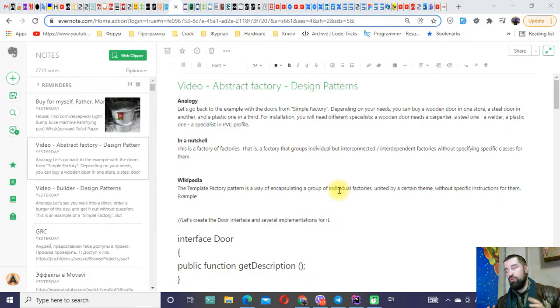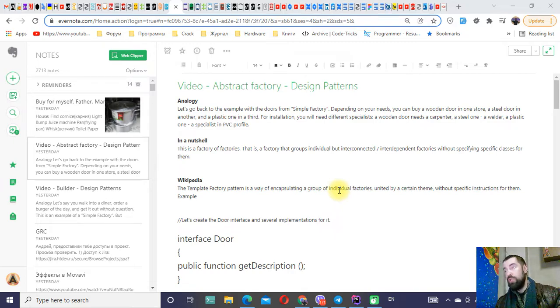You need to figure out for yourself the best time to learn these patterns. My goal is to explain these patterns in a simple way, to show really natural and simple examples from life, where these patterns work, and how to use